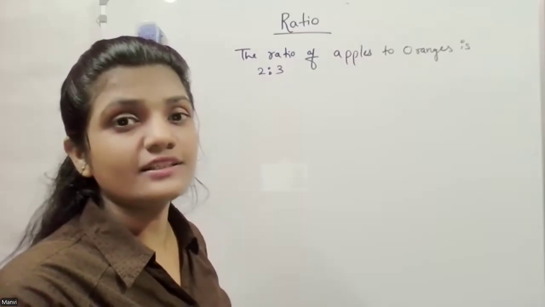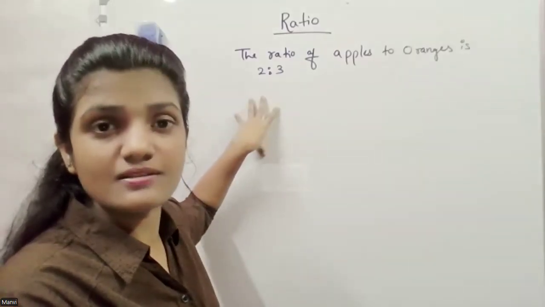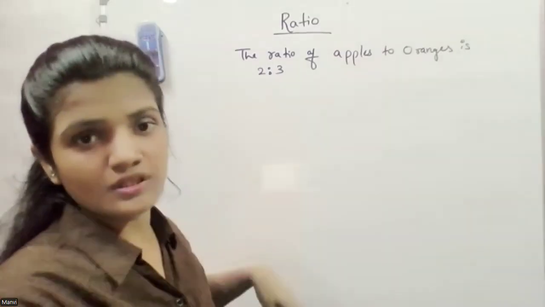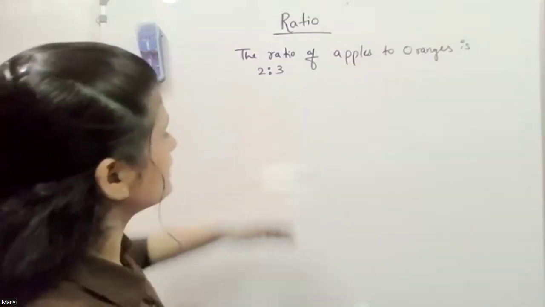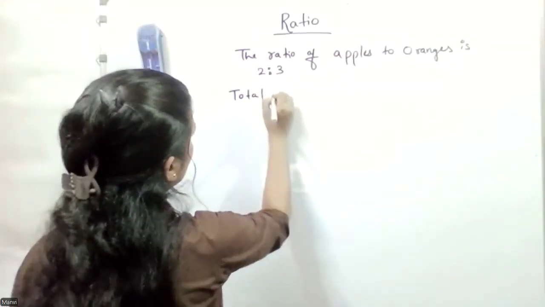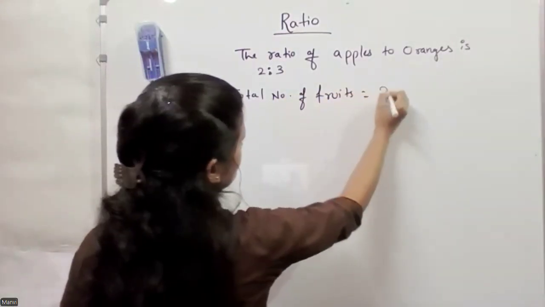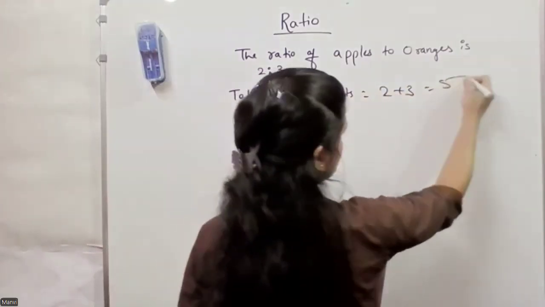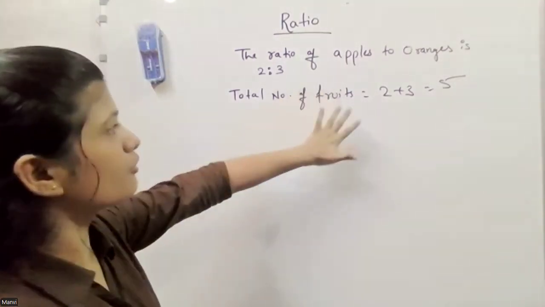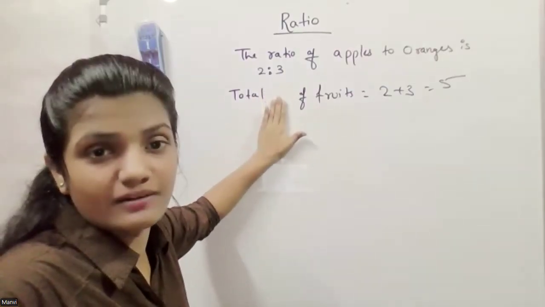So Kavya, you know how we write a fraction? The denominator says the total number of things, right? And the numerator says about whatever we are talking about, right? So here, are you agree that the total number of fruit would be 5? Is it 2 ratio 5? This is not the total number of fruit. This is total parts. Okay? Because we don't know the actual part, right?